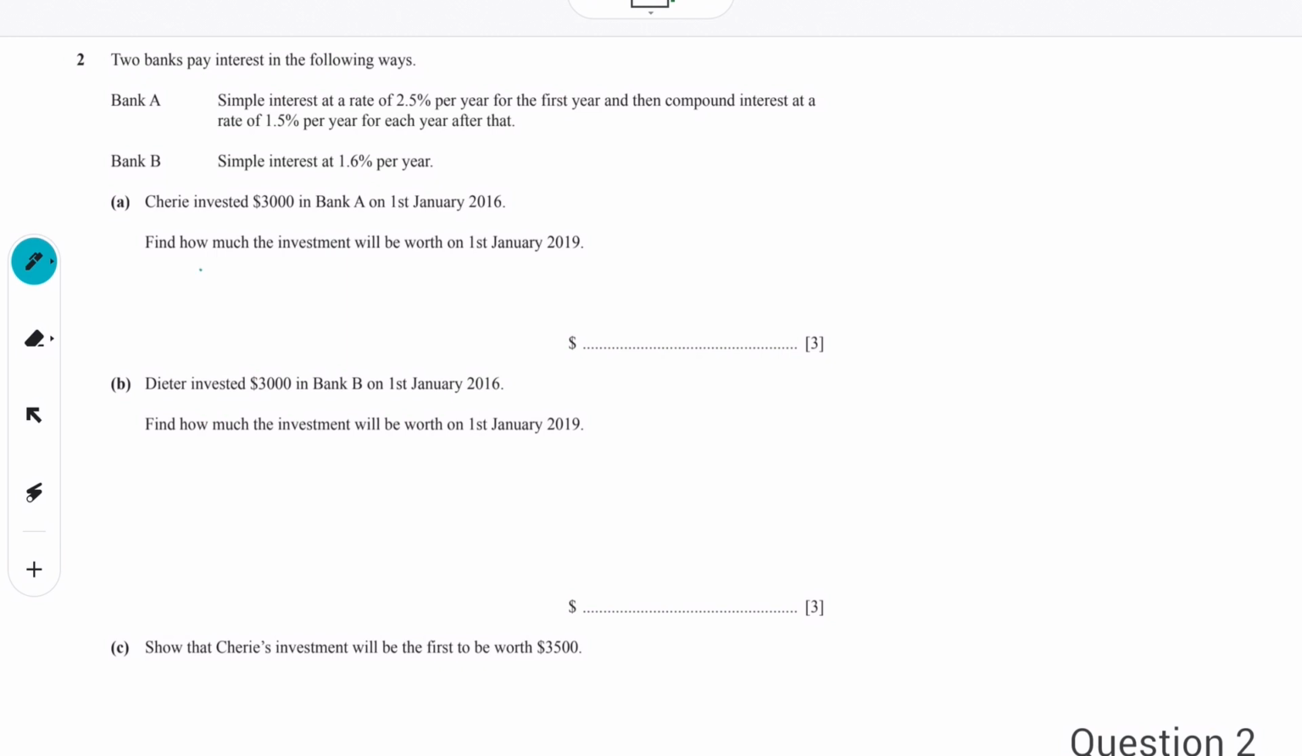We've got from 2016 to 2019, which equals 3 years. So we're going to be working with this. But if we're looking at Bank A, it says that we've got an interest rate of 2.5 for the first year, but then this has been compounded at a rate of 1.5. So let me just swap things around a little bit. So if we look at this for 3 years,